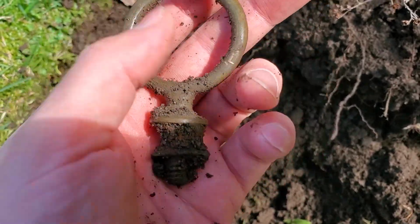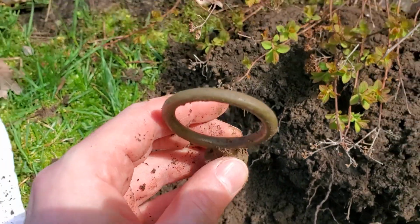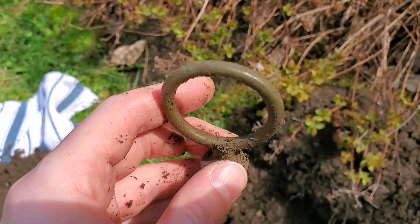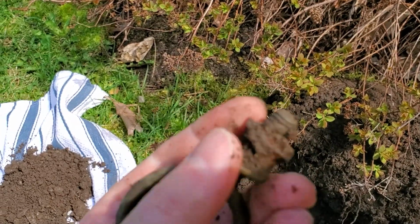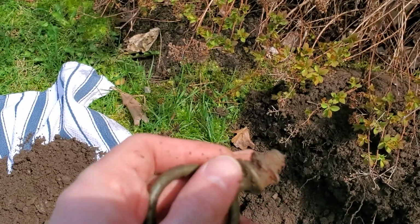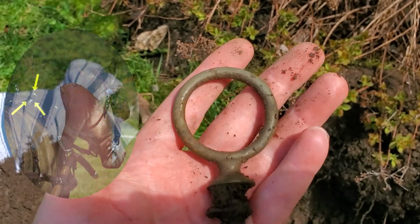It's a horse reins guide. So this is something that would mount on a carriage. You'd see how it says a mounting bolt. It's probably 1910s, maybe a little bit earlier. And the horse reins would go through here and align them so they could reach the horse at the proper